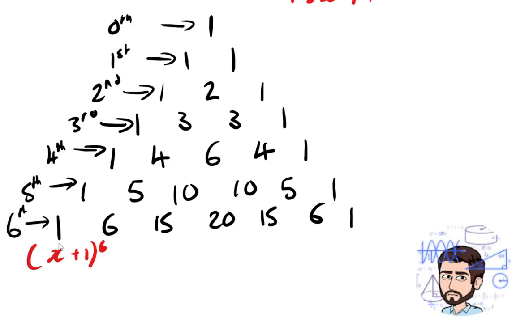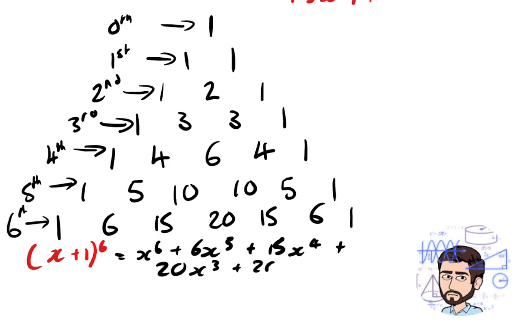So hopefully you've given this one a good go. It's going to be x to the power of 6, plus 6x to the power of 5, plus 15x to the power of 4, plus 20x cubed, plus 15x squared. I got a bit carried away then. Plus 6x plus 1. And you'll notice that Pascal's triangle is perfectly